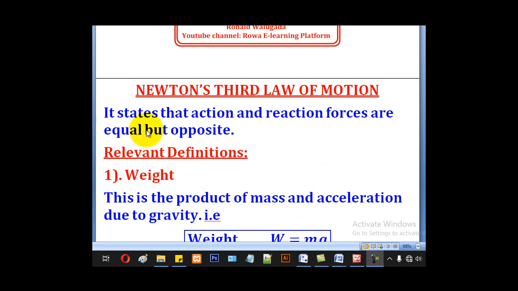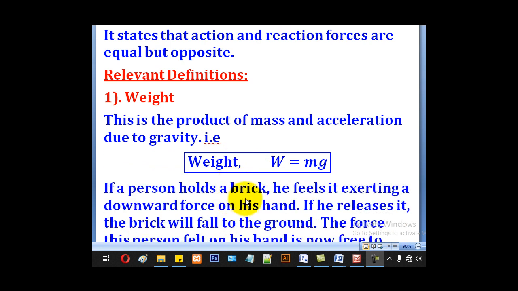It states that the action and reaction forces are equal but opposite. Now before we talk about reaction, we have to first talk about weight. This is the product of mass and acceleration due to gravity, and it's given by the formula W equals mg, where g is the acceleration due to gravity, and in physics our g is given by 9.81 meters